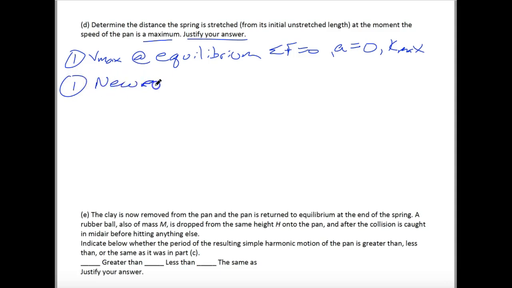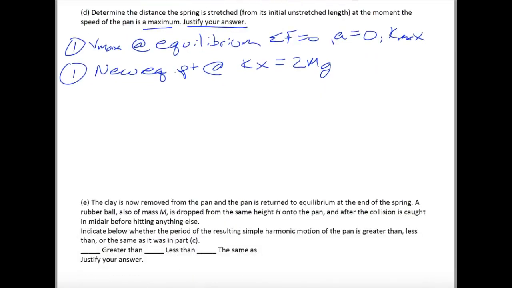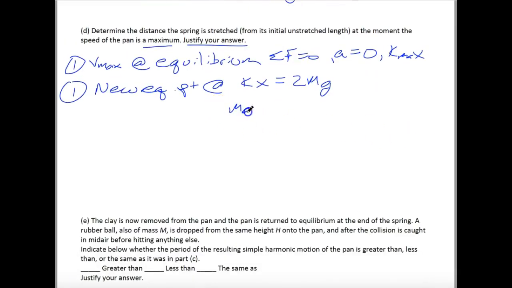So there is a new equilibrium point, and that is at, we're going to use the equation kx is equal to 2 times mg, where x here is the distance that the spring is stretched from its initial unstretched length. So now we're going to substitute in that value of k that we had on the previous part. So remember, k is equal to mg over d. So we're going to put mg over d times x, and then that is equal to 2 times m times